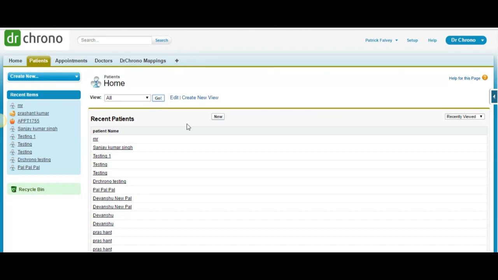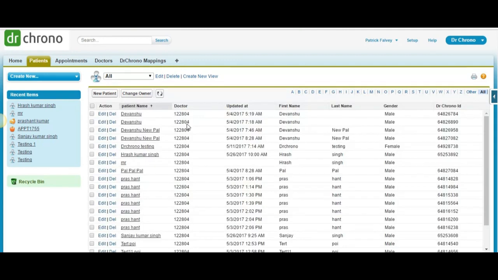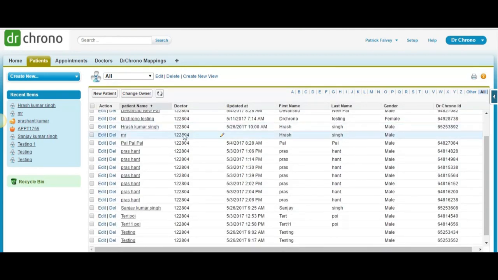Let us now create an appointment. Similarly, we must create a record with all the required fields. Save the filled details.